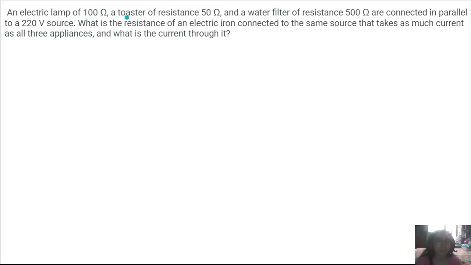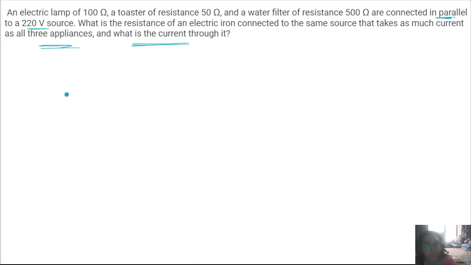An electric lamp of 100 ohm, a toaster of 50 ohm, and a water filter of resistance 500 ohm are connected in parallel to a 220 volt source. What is the resistance of an electric iron connected to the same source that takes as much current as all the three appliances, and what is the current through it? Okay,